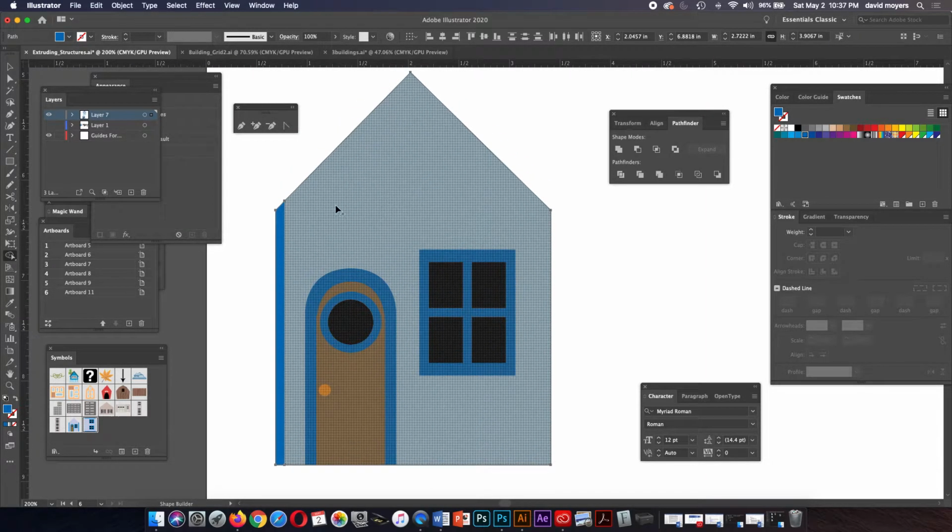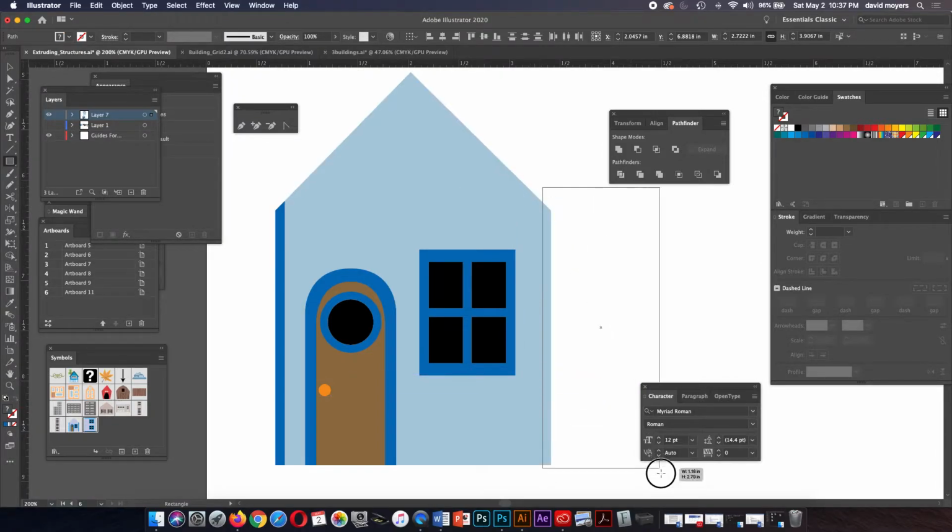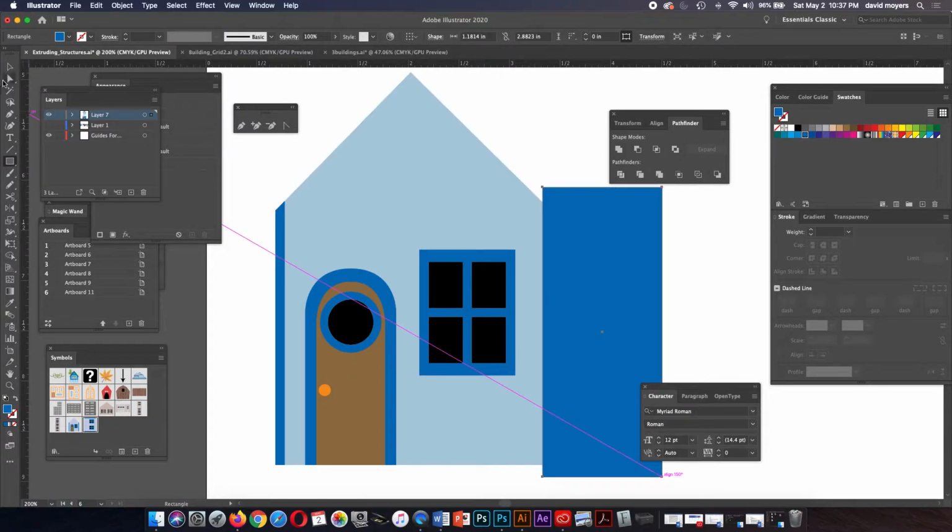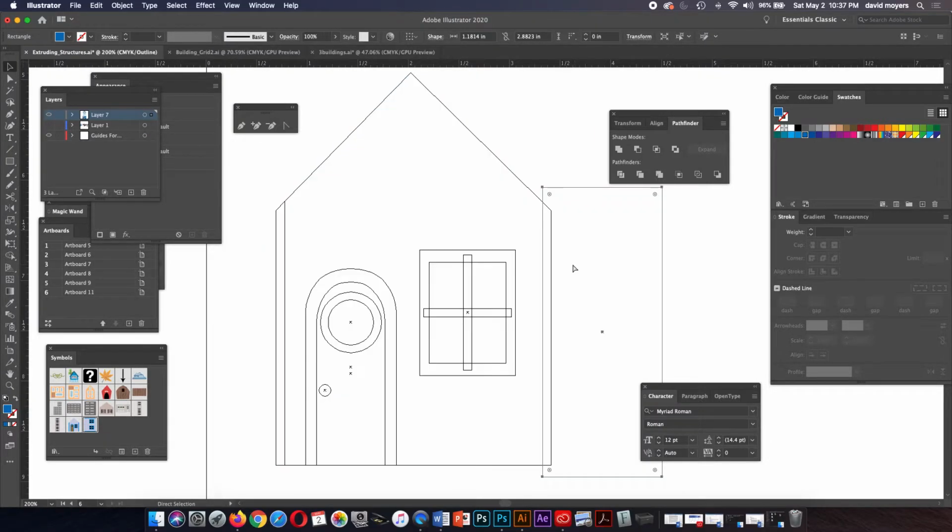Now I'm going to do the same thing over here. Actually, we could just use a rectangle if we wanted to for this. And I'm going to go to outline mode for just a moment, just to see, because sometimes you can see things a little bit better in outline mode because I'm seeing the vector path. And I think that pretty well mimics that. I was just wanting to make sure that was about the same width there. It doesn't have to be identical, but we want it